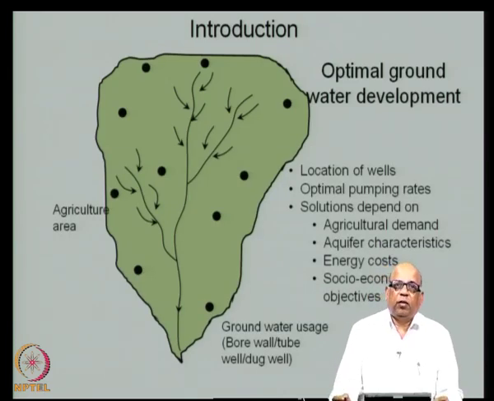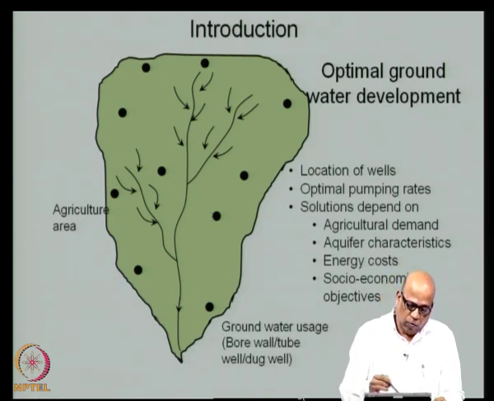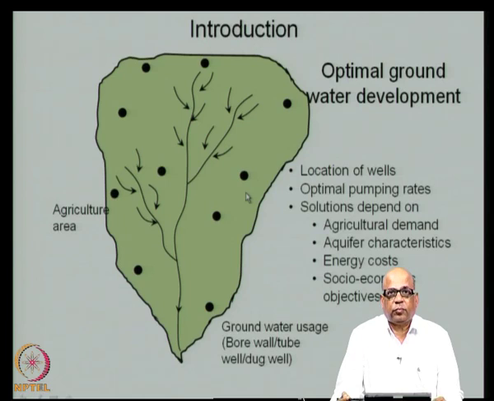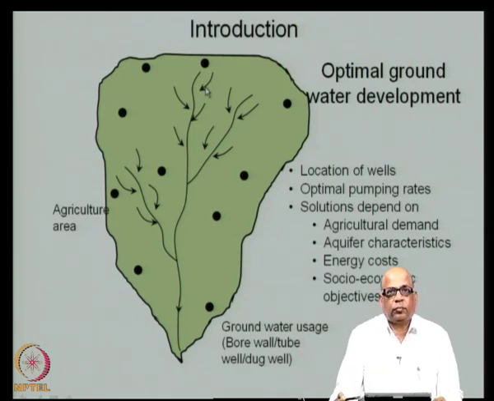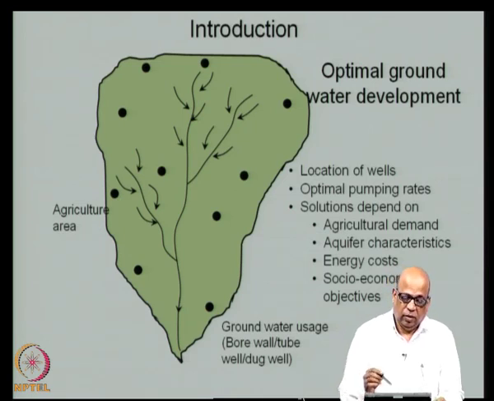Look at another typical problem where you do not have any reservoirs, nor do you plan for any reservoirs. However, there is adequate groundwater available and you want to develop the agricultural area. So, you want to supply water for the agricultural area. The question that you would ask is, how do we develop the groundwater system?